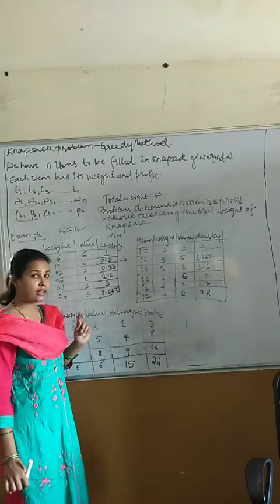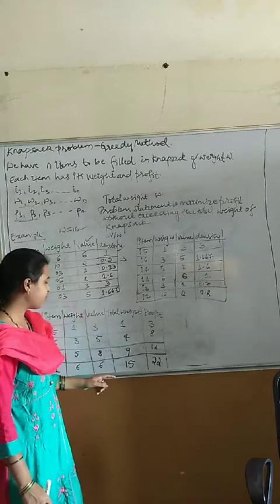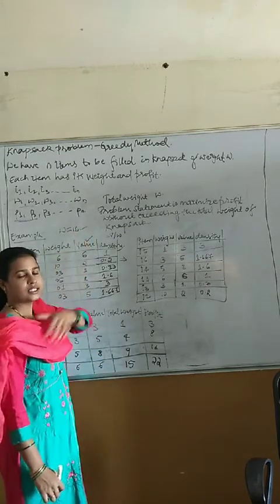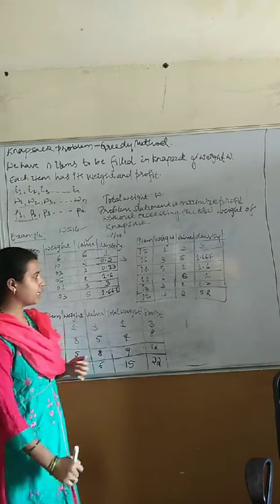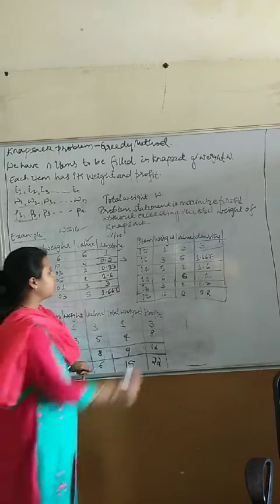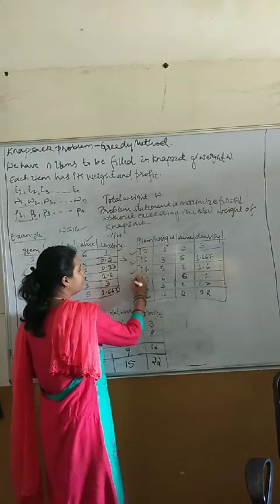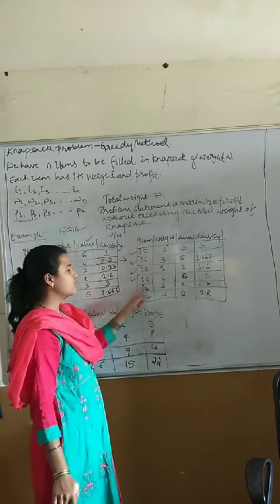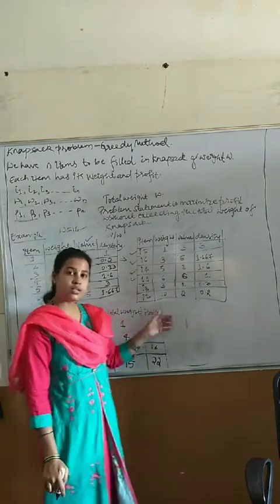Now what is the total weight of the knapsack we have added till now? 15. What is the total weight of the bag? 16. Now only 1 unit is remaining. Let us see the next one. So these 1, 2, 3, 4 are over. Next I3. I3's weight is how much? 3. What is the weight now